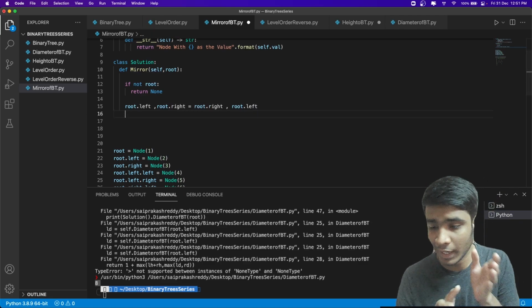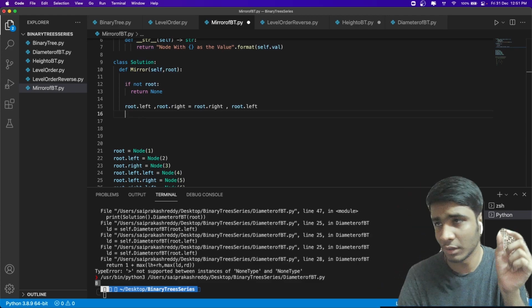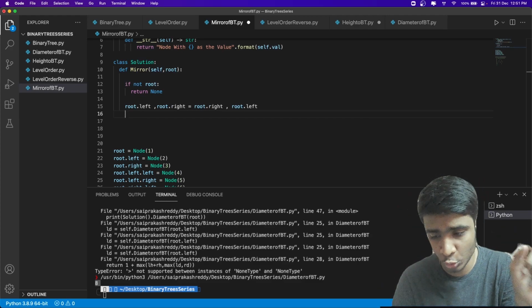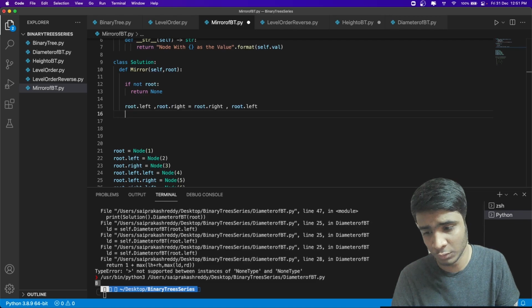So at our current node, we are swapping those elements. Let's say I'm at root 2 and it has children 3 and 4 as left and right. What I'm doing is changing them, so I'm calling my left as 4, right as 3. Previously it was the other way around.